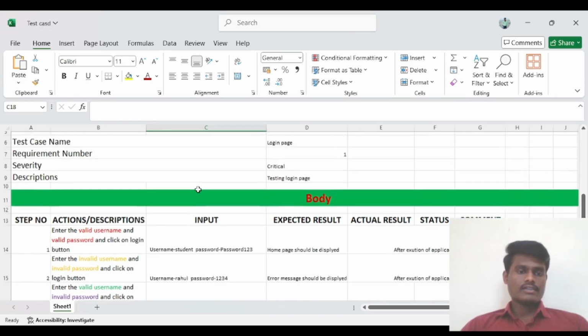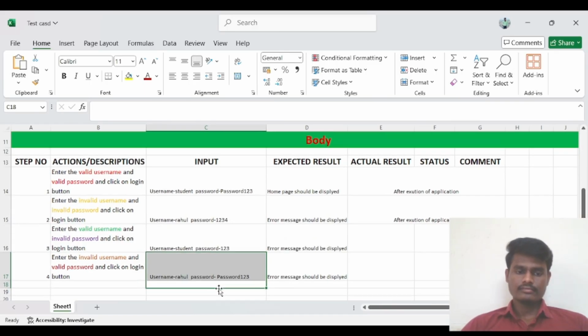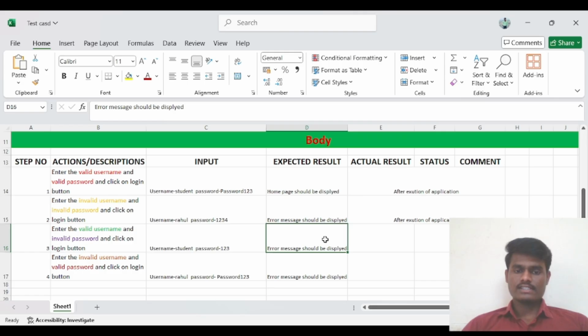Yeah guys, now you can see, no? So this is a basic test case which you should follow, guys. And this is only for the login page I have mentioned here.